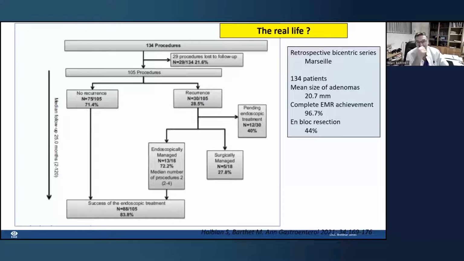So this is my last slide about the real life. So in our 2 centers, 134 procedures. We followed clearly 105 procedures, and we had no recurrence in 71% of the cases, and recurrence in 30 patients out of the 105. 12 are still under endoscopic treatment, but about achieved treatment, and endoscopically managed were 72% of the cases,